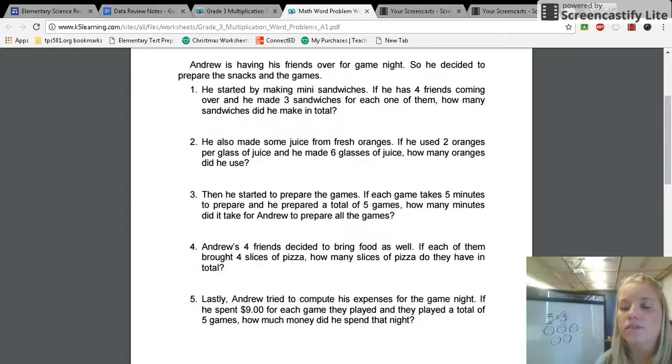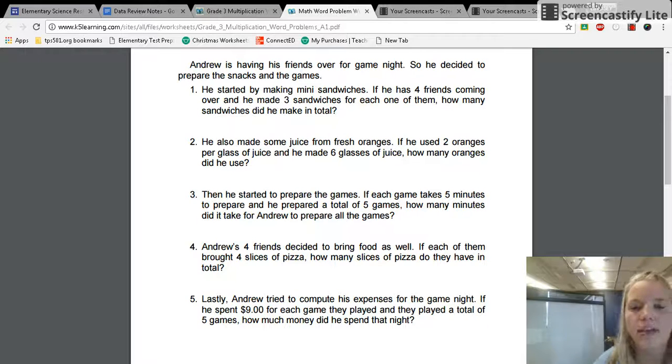So to answer the problem, I have to count up all the dots. So I have 1, 2, 3, 4, 5, 6, 7, 8, 9, 10, 11, 12, 13, 14, 15. So he's going to make 15 sandwiches. When we answer word problems, it's really important that you include a label, which in this case is sandwiches. So if I just put 15, 15 what? 15 pickles, 15 juices. Like, make sure you put a label so I know the answer to your problem. So the next problem,